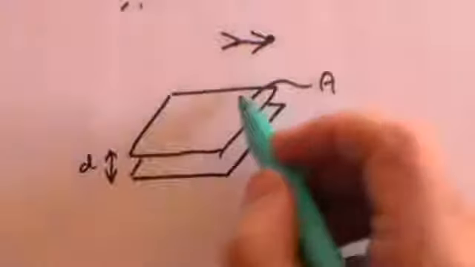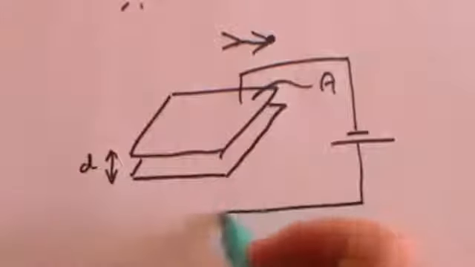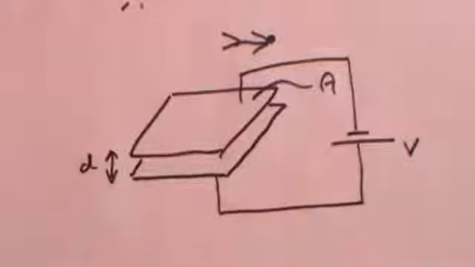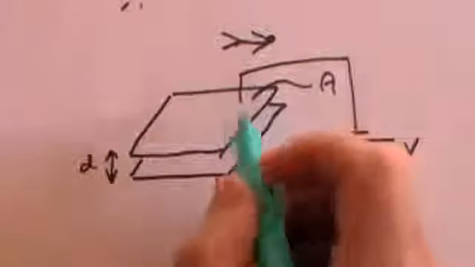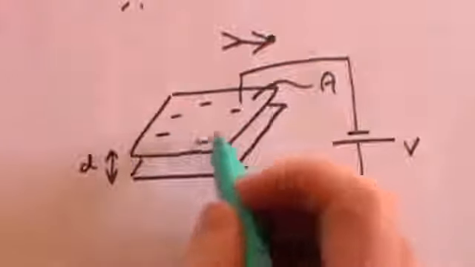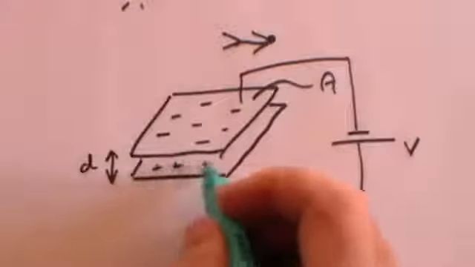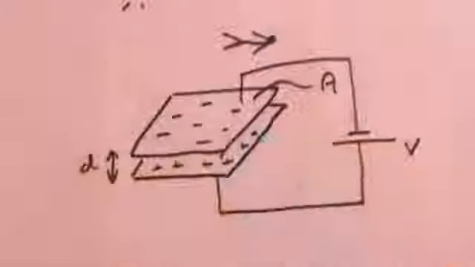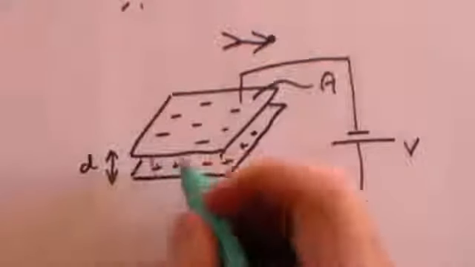And what we do is we put a potential difference between the plates. The potential difference is V. And what will happen is that in the way that this is designed, there will be a negative charge on this plate here, and that will induce a positive charge on the plate below. And because of that, there will be an electric field between